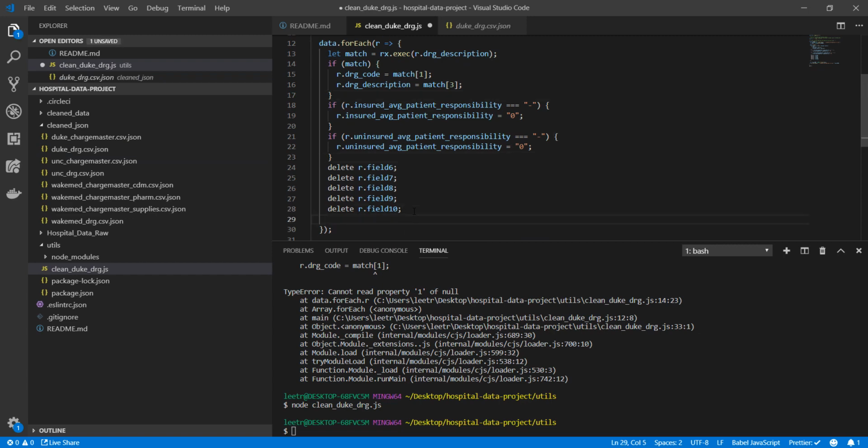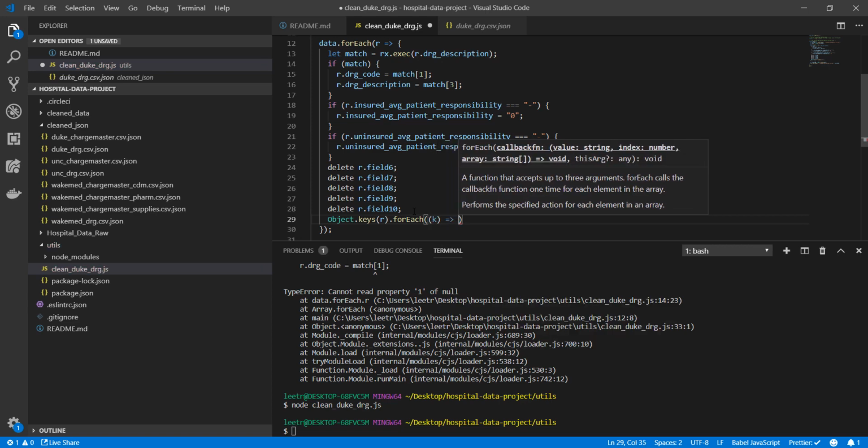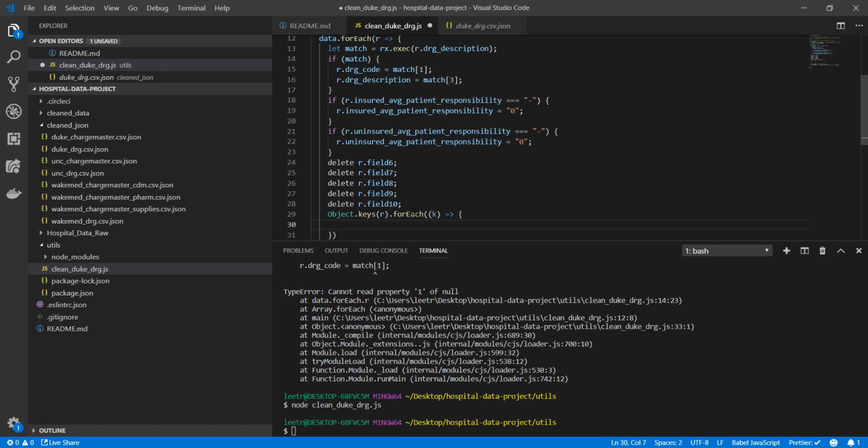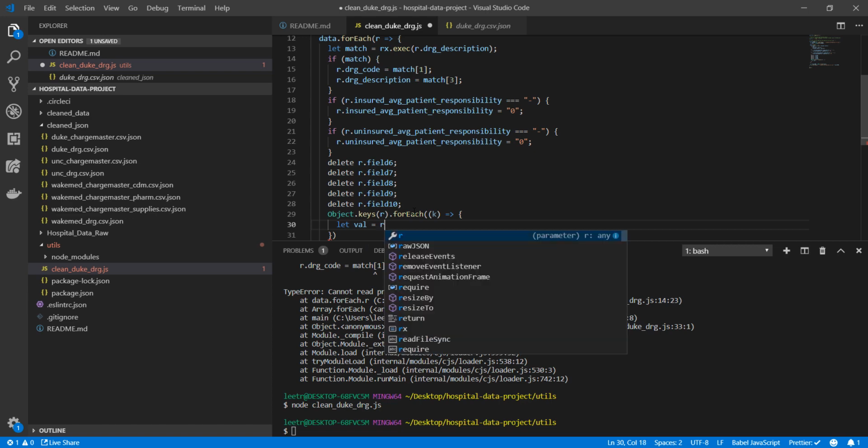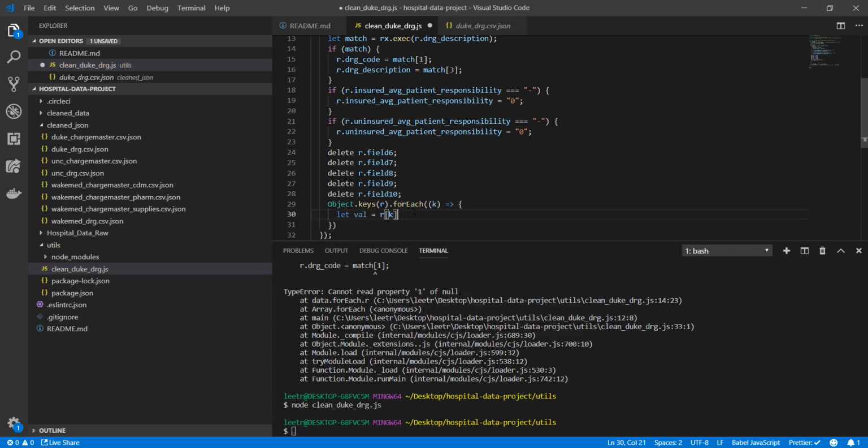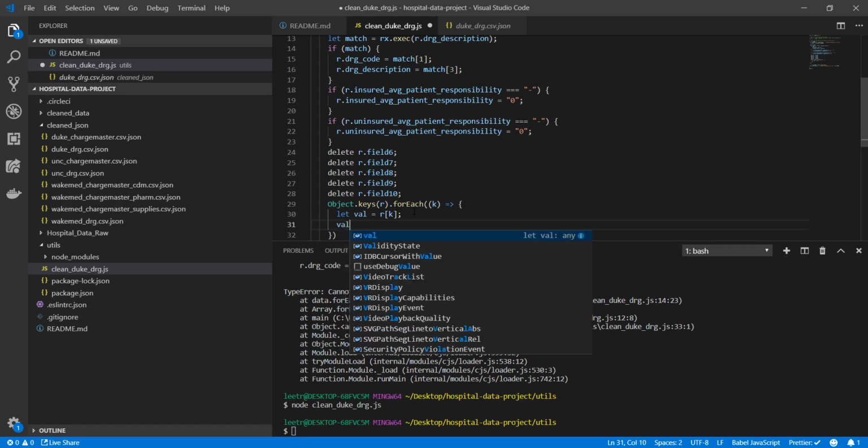And then, let's do Object.keys for this record, dot forEach. So for each key, we are going to look at the value for this. So let's just pull this out. We'll say let val equal rk, and then we want value equals value dot